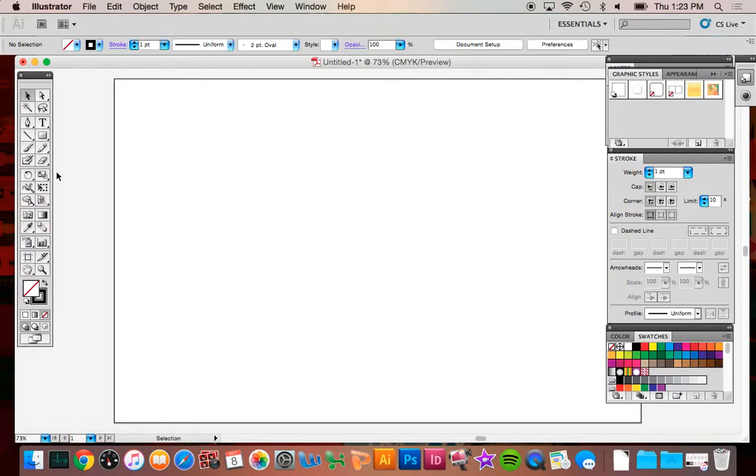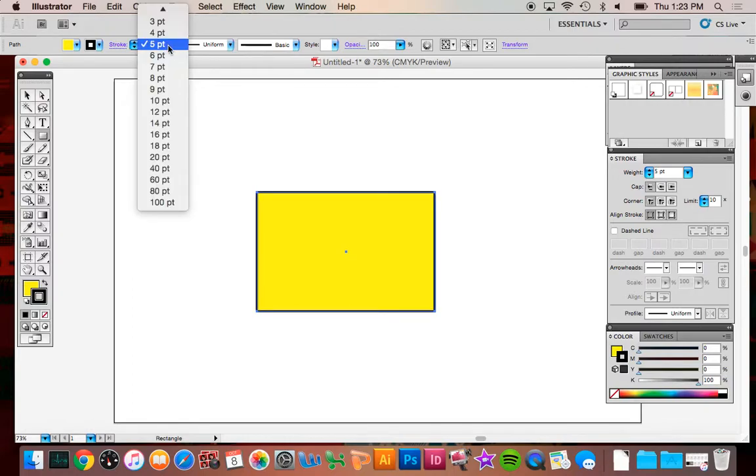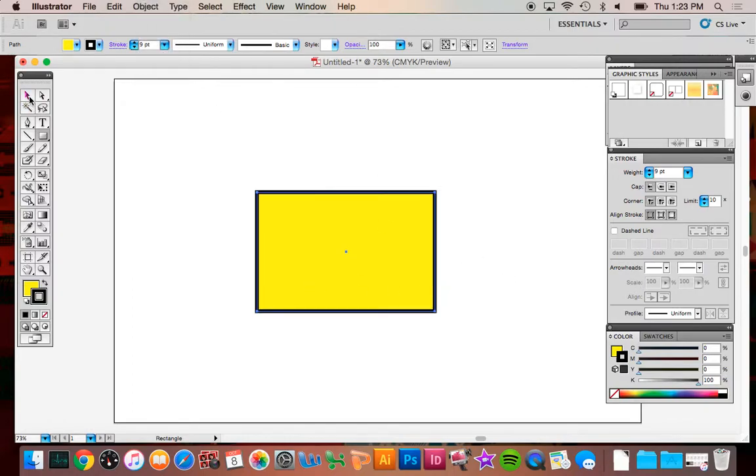All right, so the next thing I want to do, and I'm going to set us up with just a square here, and I'm going to have it, these are my old high school colors. Okay,